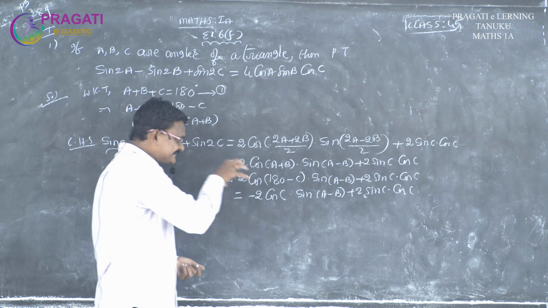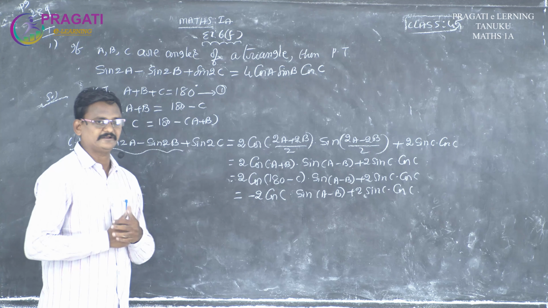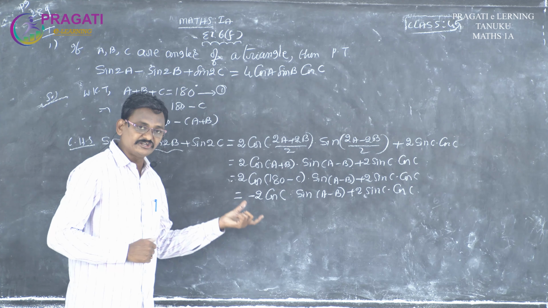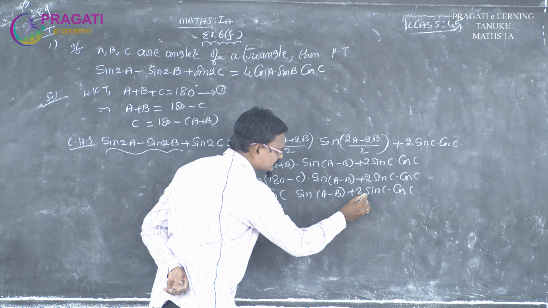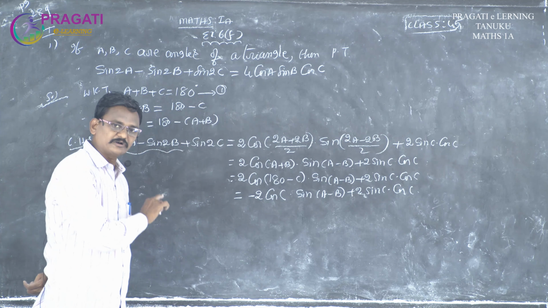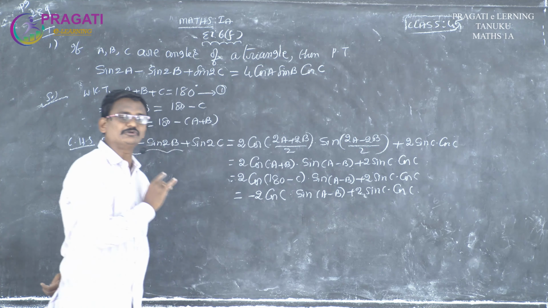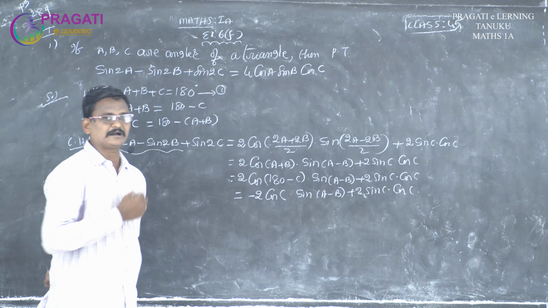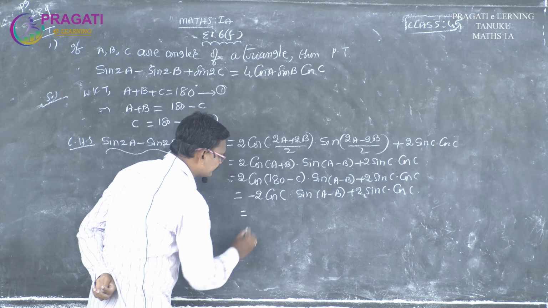Okay. Now from this step, we have one function common. Just you can verify which is the common factor of these two terms. Constant to constant, 2. So we can take 2 as common. And also one more trigonometry function, that is cos C. So finally you can take 2 cos C as common, or minus 2 cos C as common. You can take any, whatever it may be.